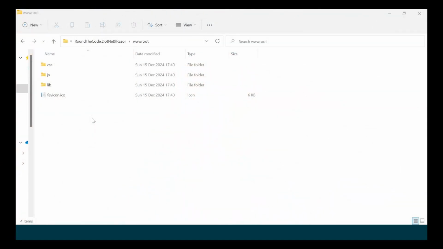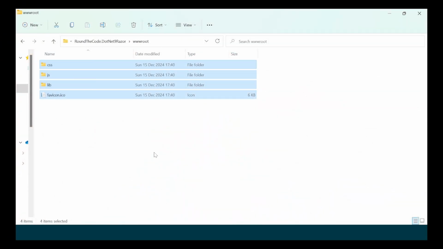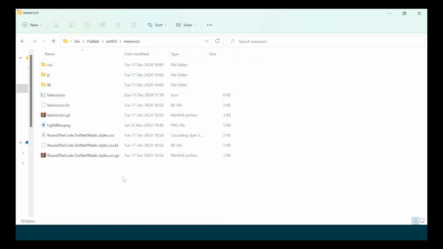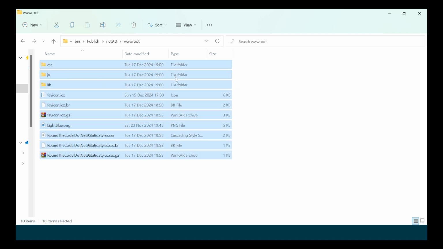So that's one way of compressing files from another folder, but there are other drawbacks with this feature. Files have to be known at compile time. So if you have something like a dynamic generated XML sitemap, you won't be able to use it. You also can't choose which files are compressed. This is a problem if you have a lot of static web assets, as the total file size will increase. However, this is a good feature and I'm looking forward to what's to come.